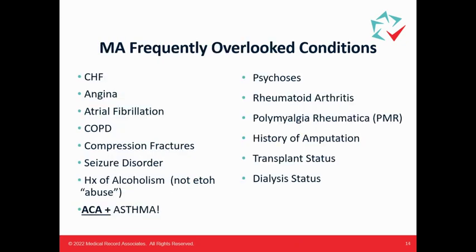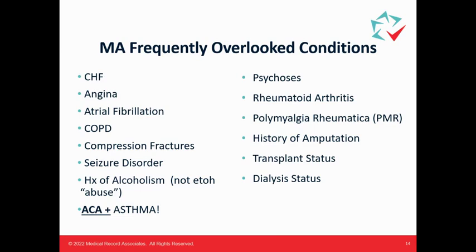Okay, so we want to look at Medicare Advantage. There are conditions that, as an auditor, I have seen, and my staff have seen, missed quite a bit. Below is a list of the frequently overlooked conditions. These are big ones, right? Things like CHF, angina, AFib, COPD, compression fracture, seizure disorder, history of alcoholism, psychosis, rheumatoid arthritis, polymyalgia rheumatica, history of amputations, a big one, transplant status, and dialysis status are all frequently overlooked